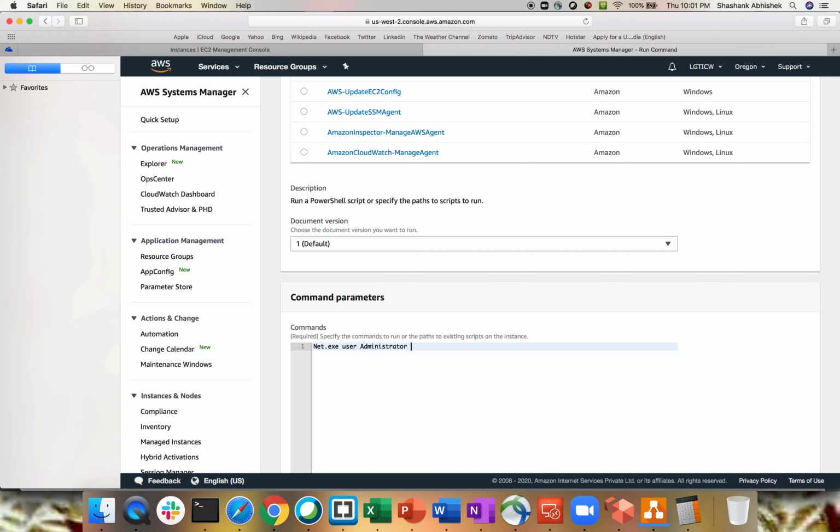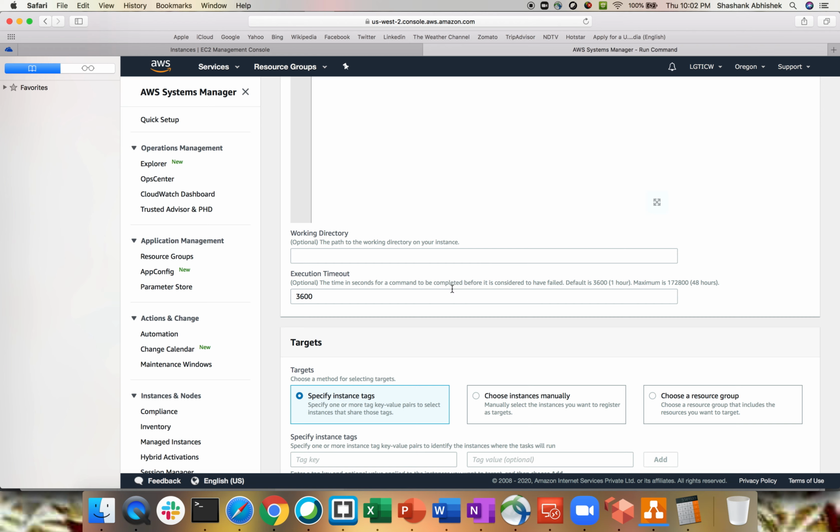But with Parameter Store, there is a syntax where we have to use something like this, if I remember correctly, which is ssm: and the key name that we gave to our Parameter Store, which is win admin pwd. If this is correct, then this will be able to reset the password of Windows servers.